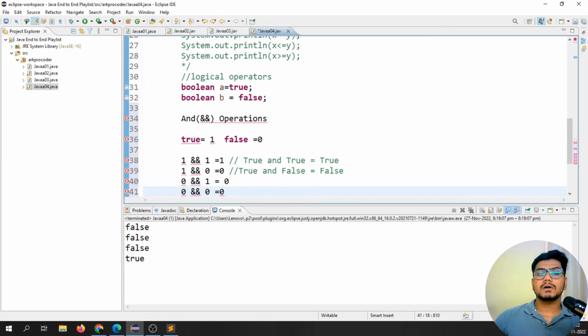It will return true only when both the conditions are true. That is, whenever it is true and true, it will be true, or else in all the rest of the cases it will be